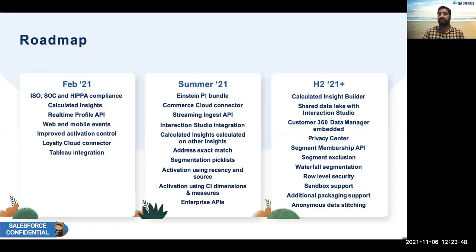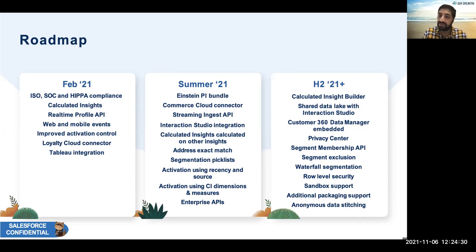So the one which I've said, there's a roadmap for each and every year. There's a Feb, summer, H2 release, or the different roadmaps available in Salesforce. It comes with resolving all the complaints, calculated insights, real-time profiles, and real-time stitching as well, and analytics as well. And on top of it, every release comes with some sort of functionalities which help to resolve things, because there are so many people who posted on idea exchange, and people who are looking to get some idea on the ingest API and CI dimensions, measures, and there are some security related stuff as well, because we never talked about security, right?